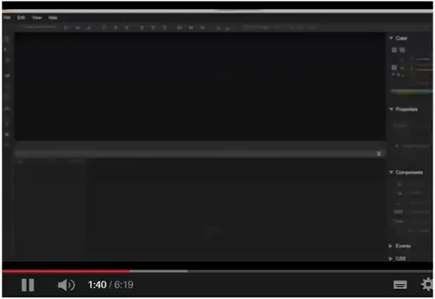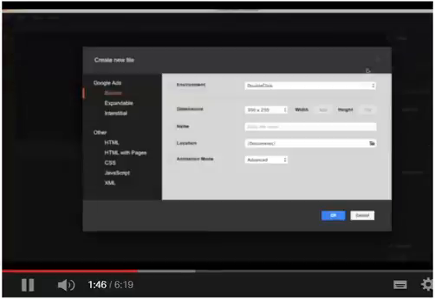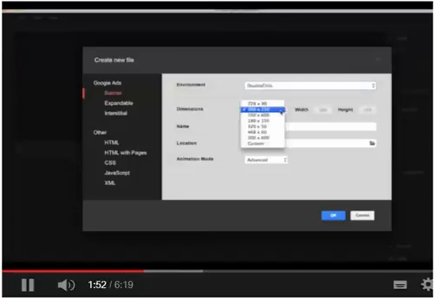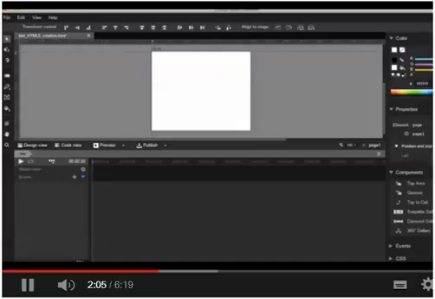Once you've opened up Google Web Designer, select New File from the File menu. Select DoubleClick for the environment. Set the dimensions and add a file name. You can select the location where you wish to save the HTML5 creative and click OK. Now you can see a view of the stage area in Google Web Designer with a blank area for our